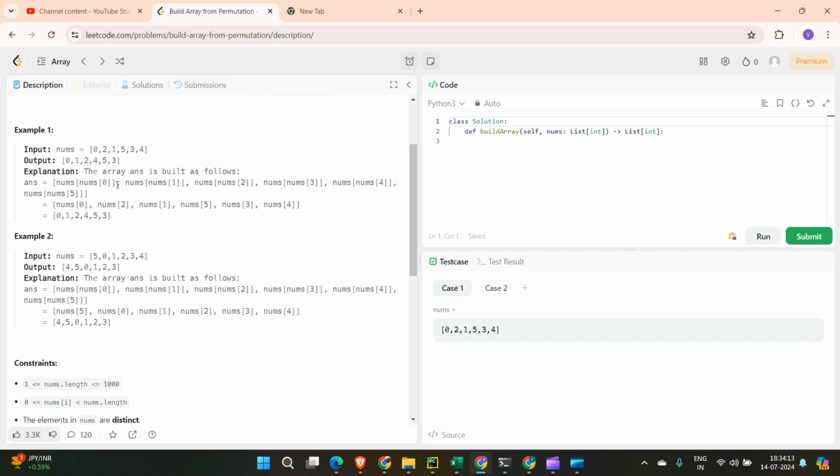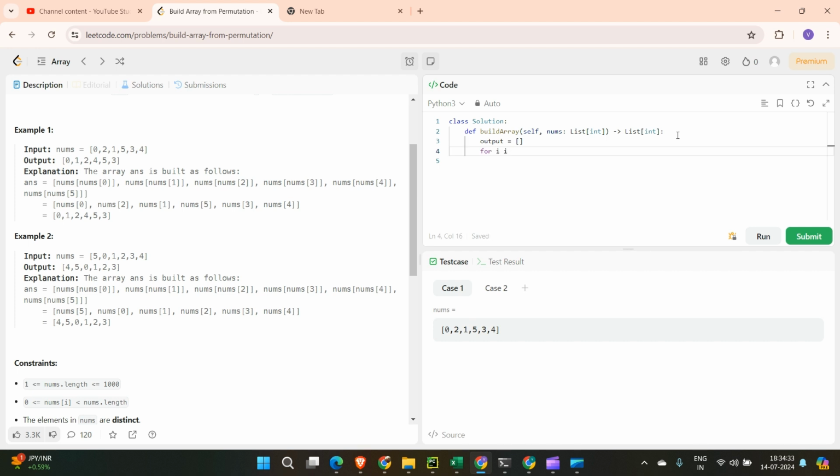Okay, and it was considering this as an index, and whatever value you are getting, that it was returning. Okay, so very straightforward, simple one. Let's take one output. This is the result you want to get. That is nothing but an empty list, and let's take a for loop, because you want to iterate